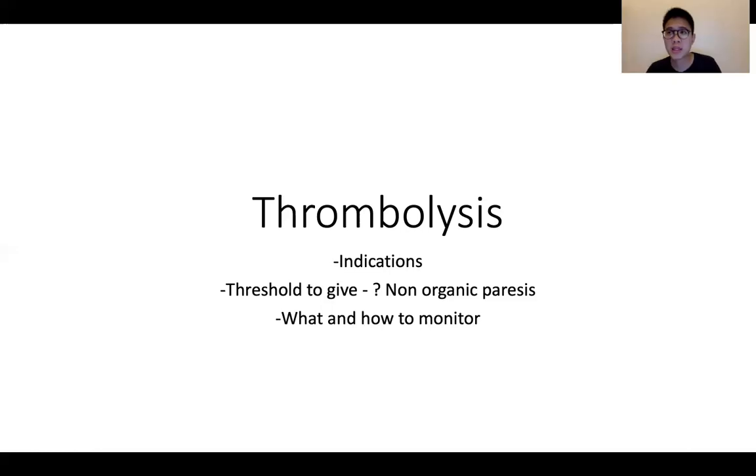And the time window is less than 4.5 hours, is that correct? It's 4.5 hours if you do not have a perfusion scan. If you have a perfusion scan and the salvageable tissue, so in places where there's no